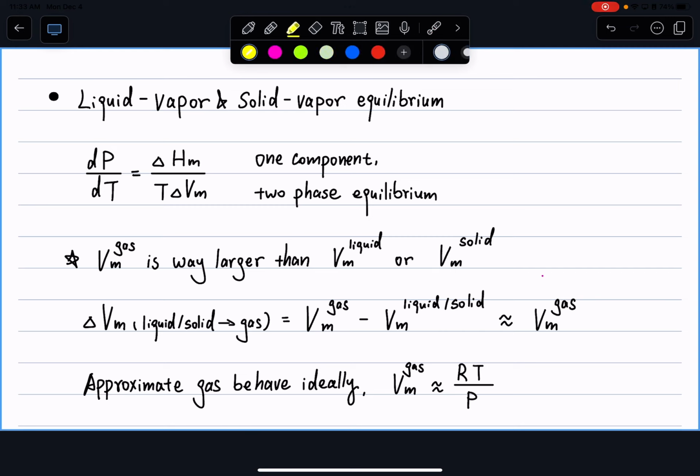So liquid vapor and solid vapor equilibrium. Again, this is our Clapeyron equation we just looked at. And there are several approximations we will be using to simplify our Clapeyron equation so it's easier for us to calculate mathematically. All right, so the Clapeyron equation is more generally true, but we are going to introduce some approximations into it. So when we're using the Clapeyron equation, we introduce some system-specific approximations. So keep an eye on these approximations because they might fail. And when they fail, you shouldn't be using the Clapeyron equation. So let's look at it.